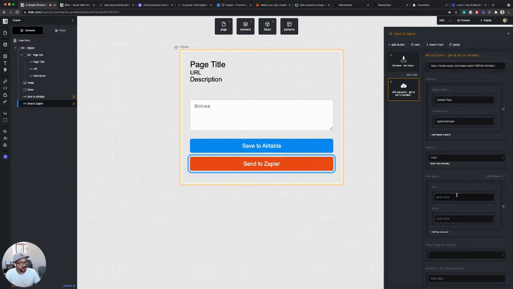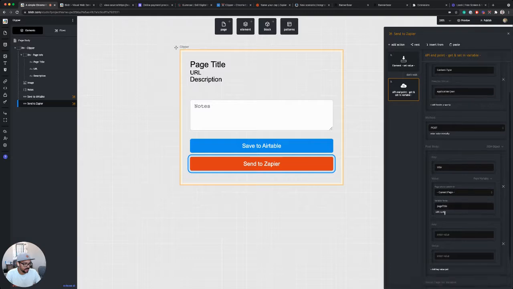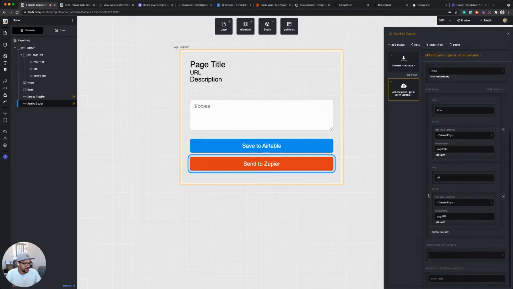And now in the body, this is where I can add all of my objects that I want to send to Zapier. So the first thing I want to send is the title. So the key will be title. The value is going to be from a variable. So the variable is on our current page, and it is page title. So that's my first key value pair. I can click this add key value pair link to add more. So let's also do URL from a variable, page URL,